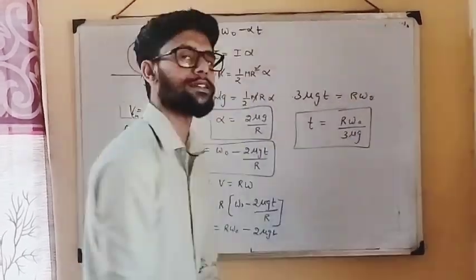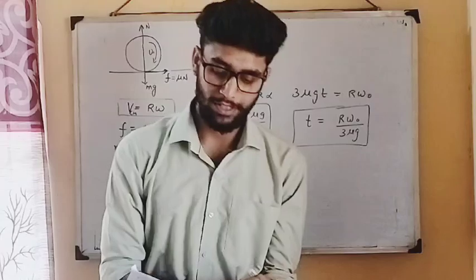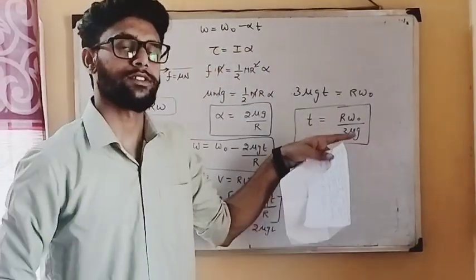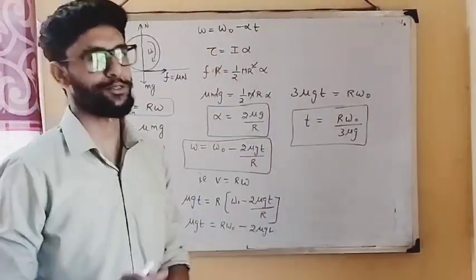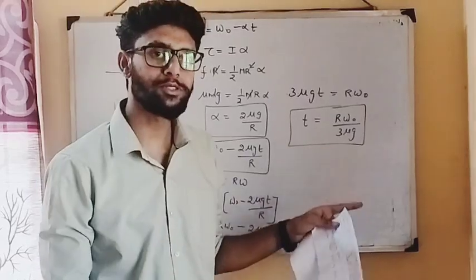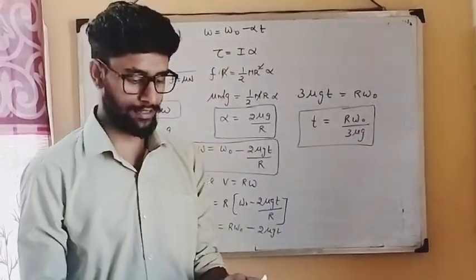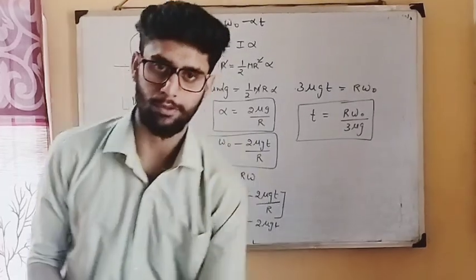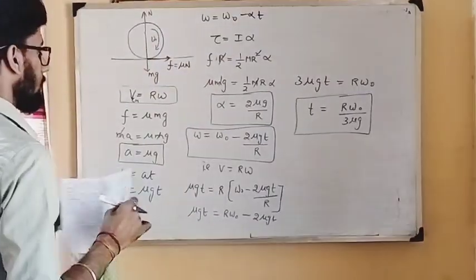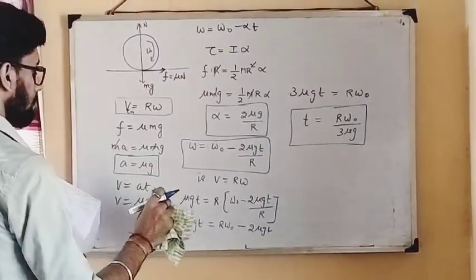So this is our first case, after which the cylinder will start rolling motion, or this is the time up to which the roller will slide on the surface. So that's the first part of the problem, and now we will start with the second part of the problem,